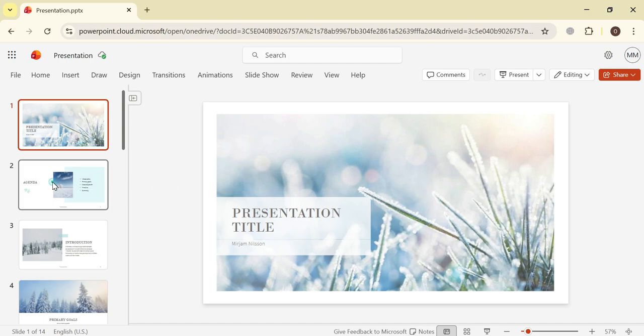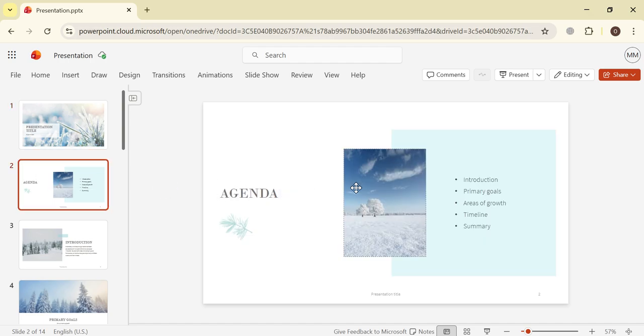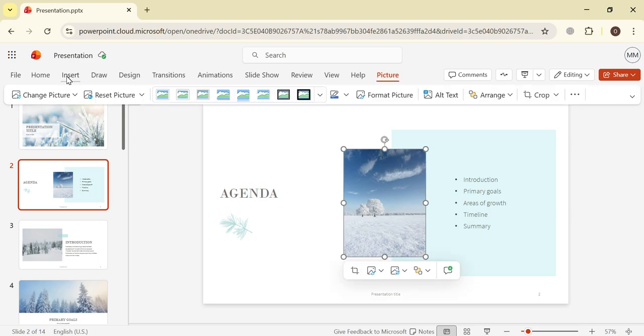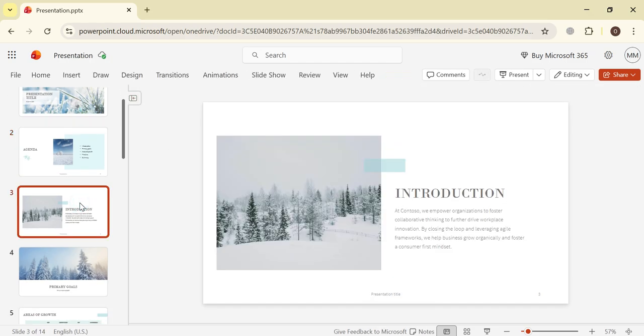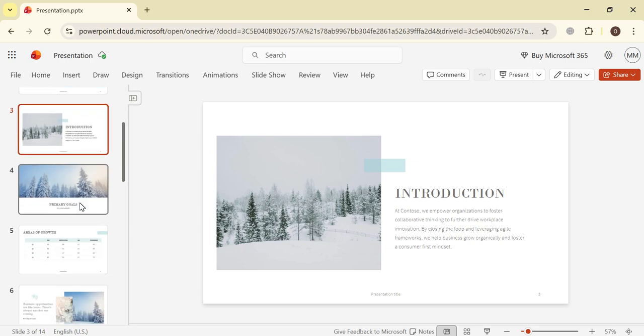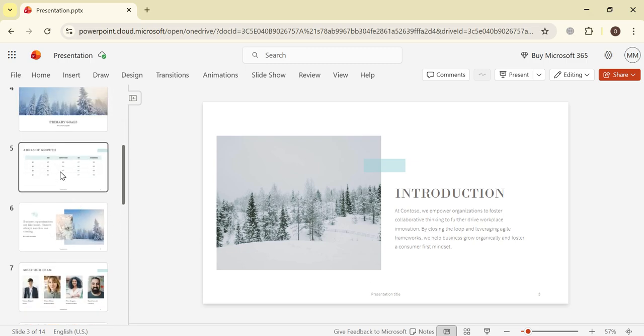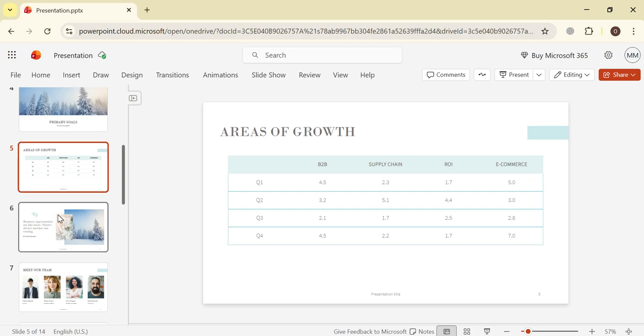Okay, after that you will go to the second slide and you can change the text, you can change the image as well. If you want to insert an image, you just select this insert image and then you select picture. Okay, simple frame white, or you can also click on change picture, it will change the current picture. So this is how you can edit all these slides and you can add your own pictures and text. In simple words, you can add your own data.